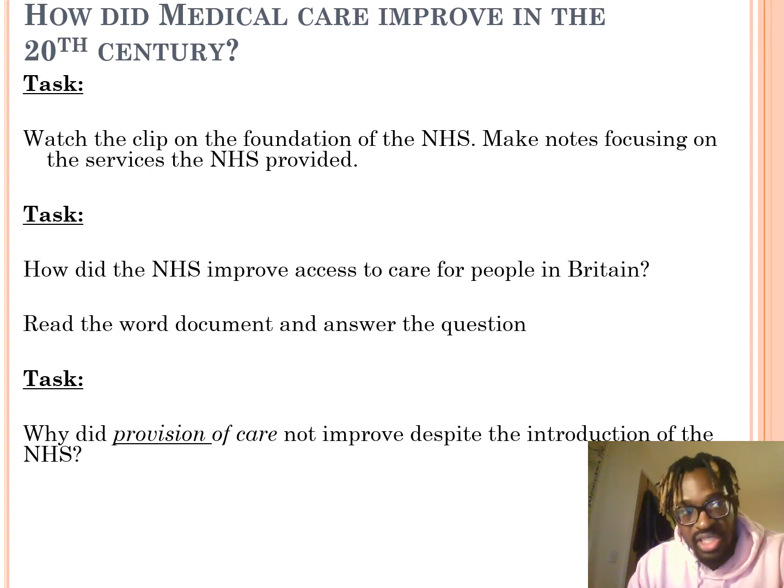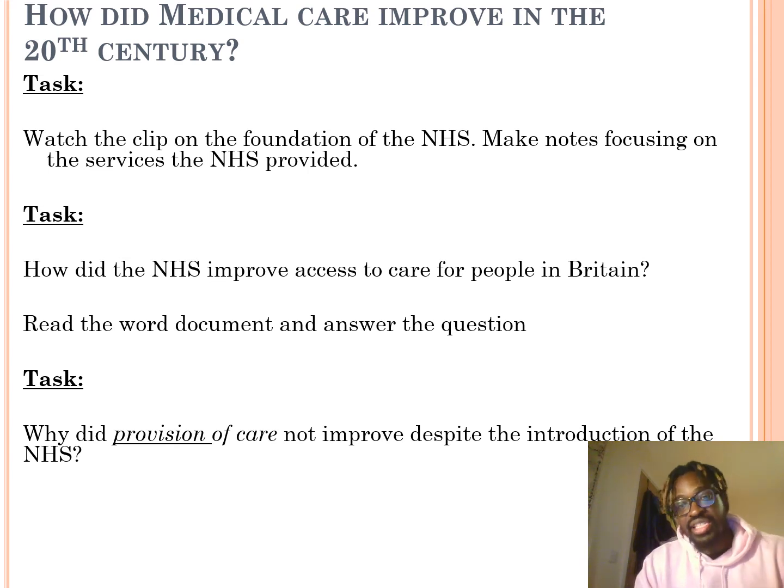What type of services people are now suddenly able to receive when the NHS came about. So watch the clip, make your notes on the foundation of the NHS. Once you've then done that, second task, I've said, how did the NHS improve access to care for people in